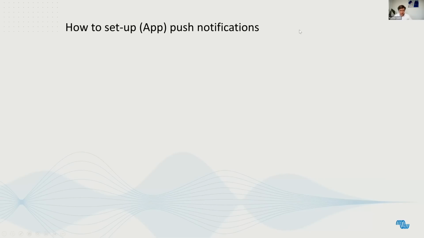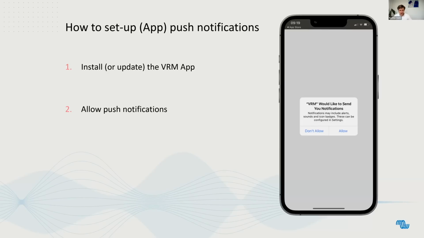So then here I will explain to you how to set up the push notifications. Well, you need to install the VRM app, either on a phone or a tablet, and also on Apple laptops, you can install that. And for those that have already installed the VRM app, it will update, and then next time that you open it, it will ask you for permission. Sorry, on iOS. So as soon as you have it installed on your iOS phone, when you open it, it asks you for permission, just like shown here in the picture.